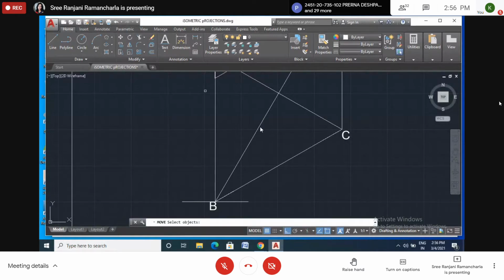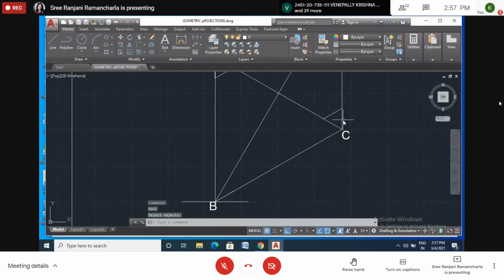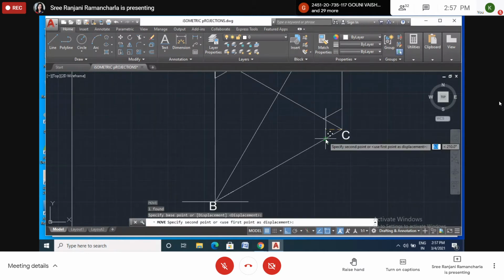Here what I will do is move. So here another line is there. You can move, enter. So displacement point, then I'll select this end point of what we had copied here. Okay. And the same thing here also, displacement 3. I'll move my cursor here.